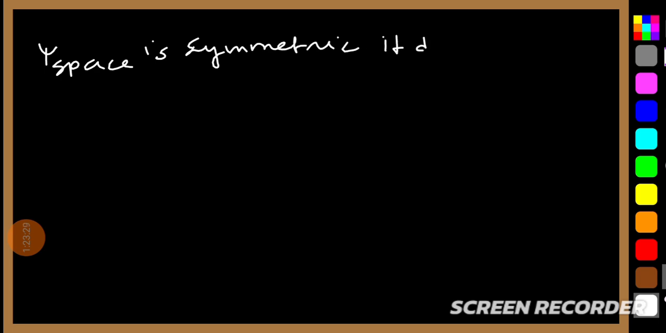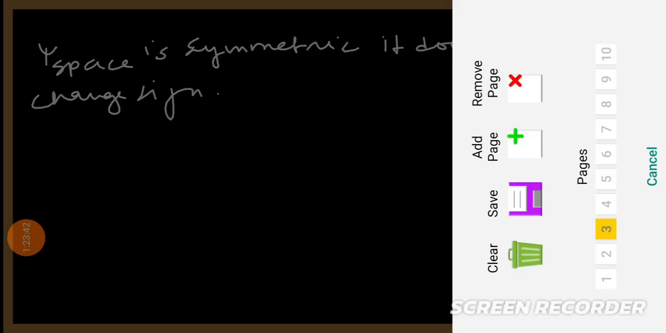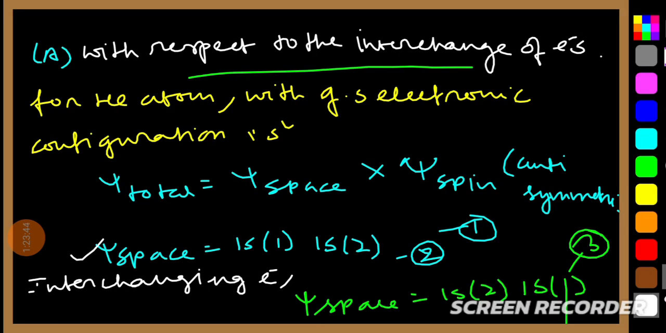Now psi space is symmetric. Okay, it does not change sign. এটা কিন্তু সাইন চেঞ্জ করে না, দেখো না। দেখো তুমি সাই স্পেস করো আর ইন্টারচেঞ্জ করলে আবার সাই স্পেস করো, তোমার কিন্তু নেগেটিভ পজিটিভ এরকম কিন্তু চেঞ্জ হচ্ছে